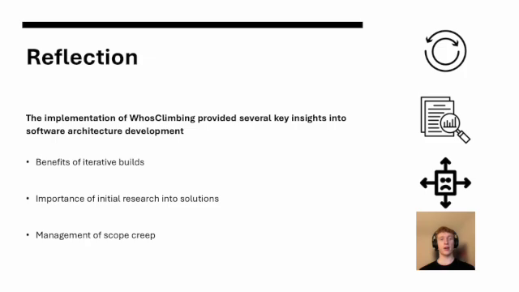Each iteration provided working software that could be tested and refined, rather than attempting to build the complete complex system simultaneously. Future projects would benefit from this iterative architecture approach, as it reduces development risk and allows architectural complexity to be introduced incrementally rather than all at once. Despite this success, the project also ran into several problems that could have been avoided with the right steps, each of which again provided valuable insight about designing a software system.